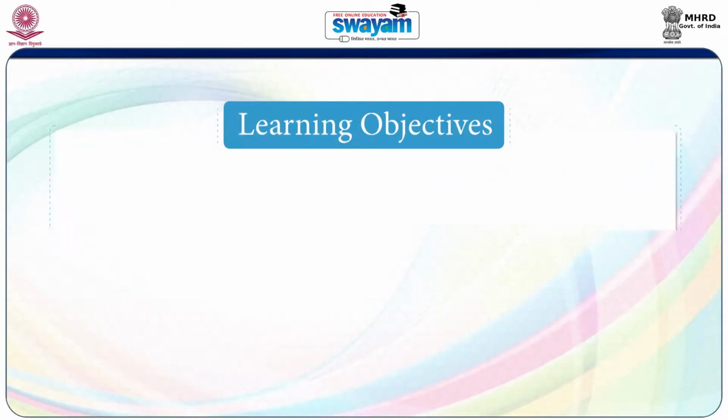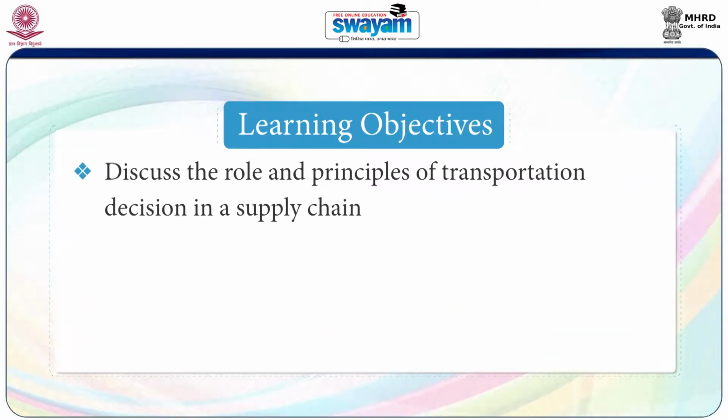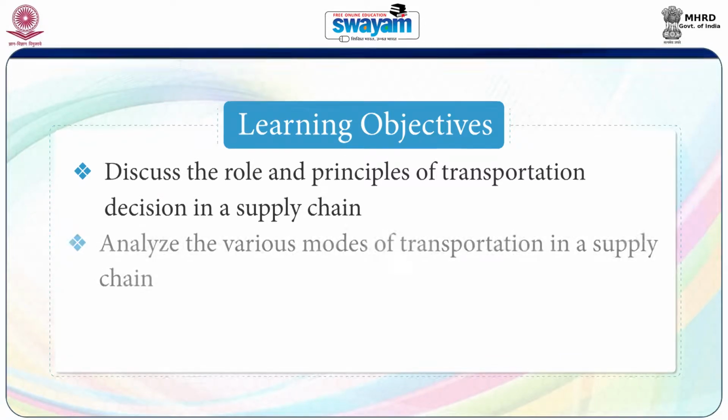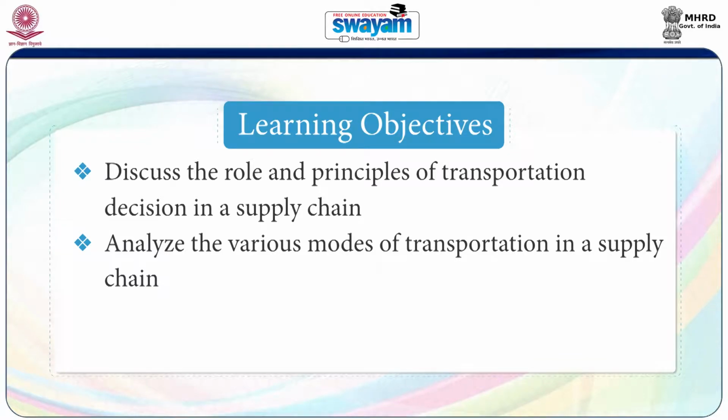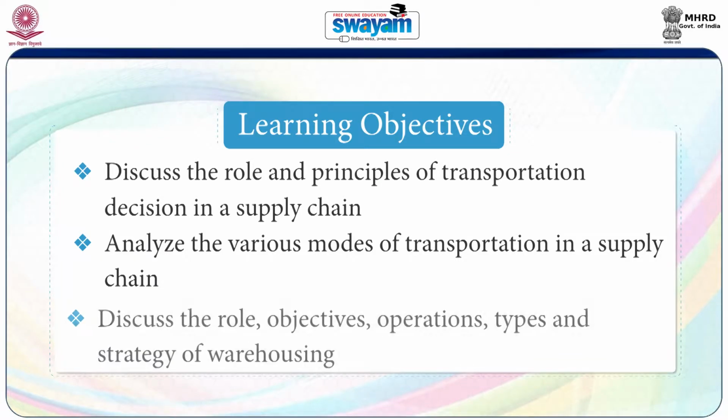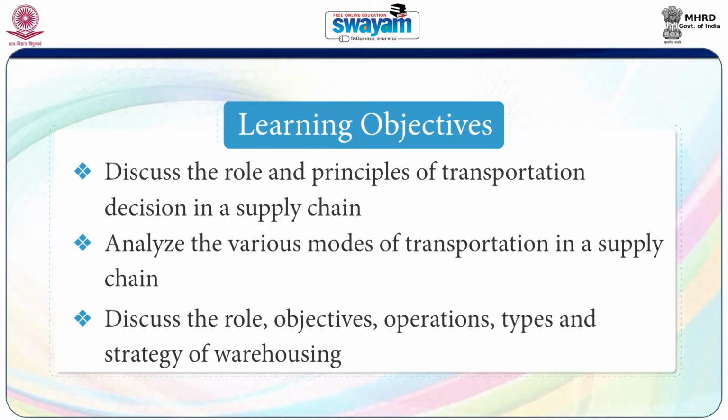The learning objectives of this module are to discuss the role of transportation decision in a supply chain, to understand the principles of transportation decision in a supply chain, to analyze the various modes of transportation in a supply chain, to discuss the role of warehousing decision in a supply chain, to discuss the objectives and operations of warehousing in a supply chain, to discuss the various types of warehousing in a supply chain, to analyze the warehousing strategy for